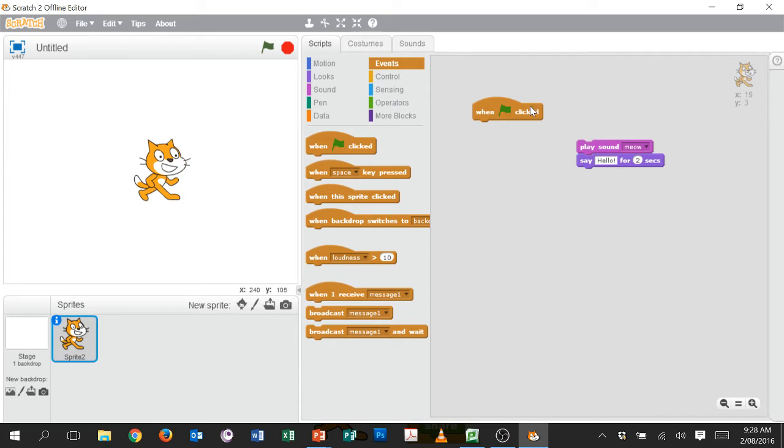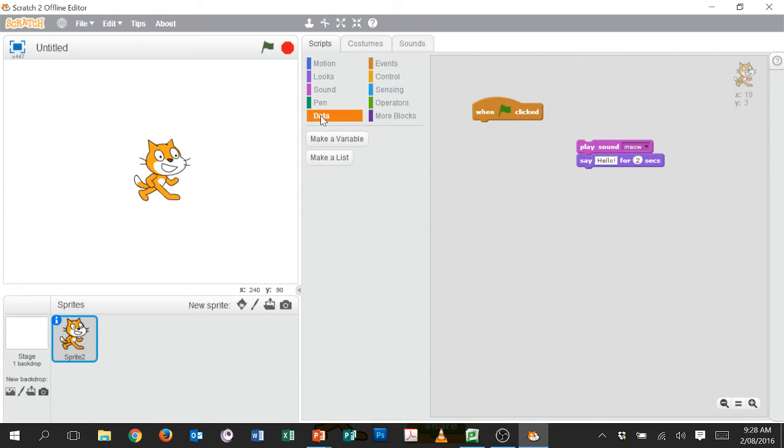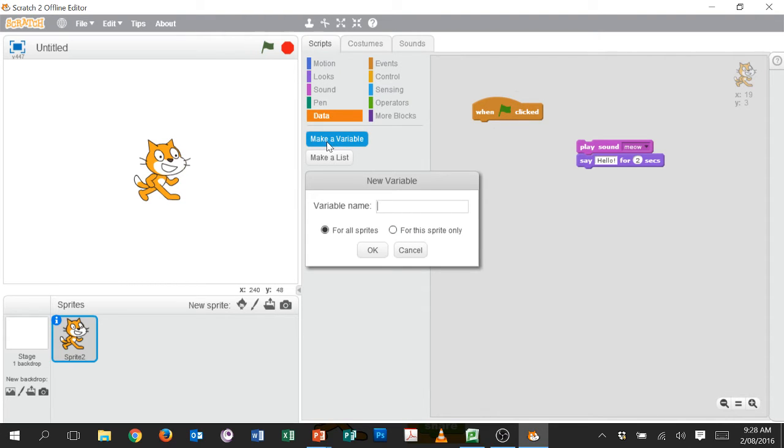So I need a place to store data. So I'm going to click data and I'm going to make a variable. So I've got a few that I need to create. So each time I'm going to click make a variable and I'm going to write down the name. The names must be meaningful. So the minimum number,